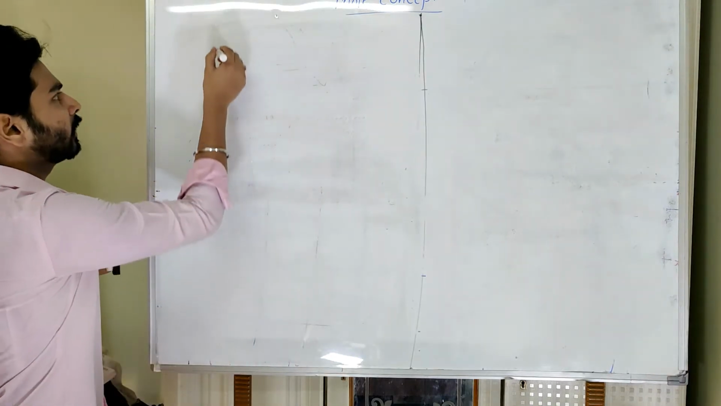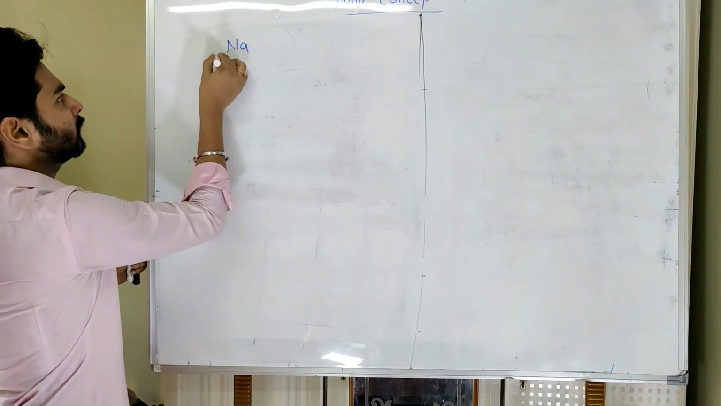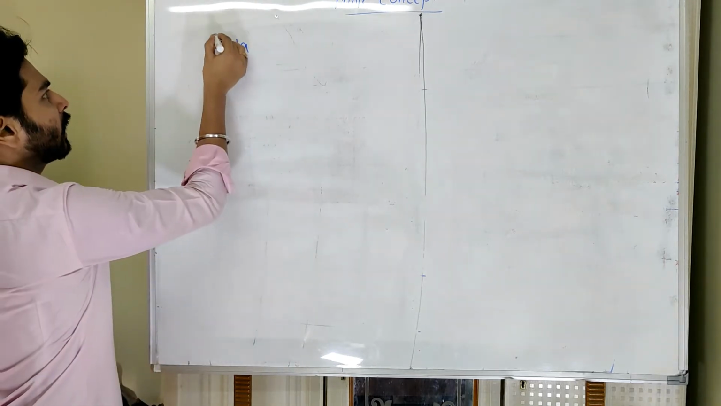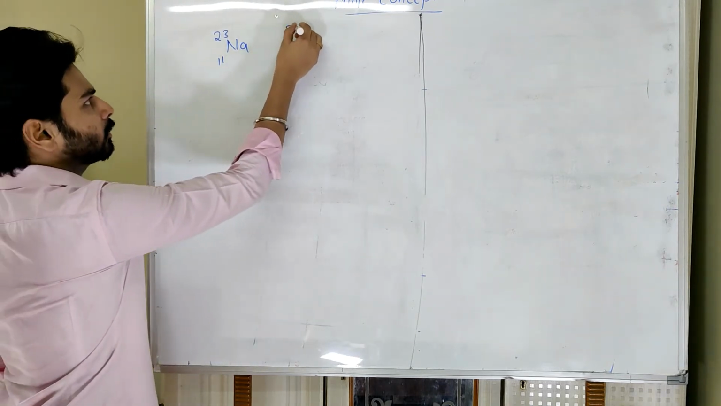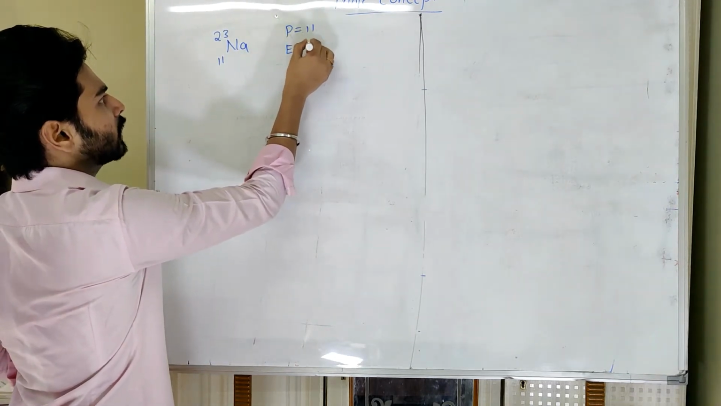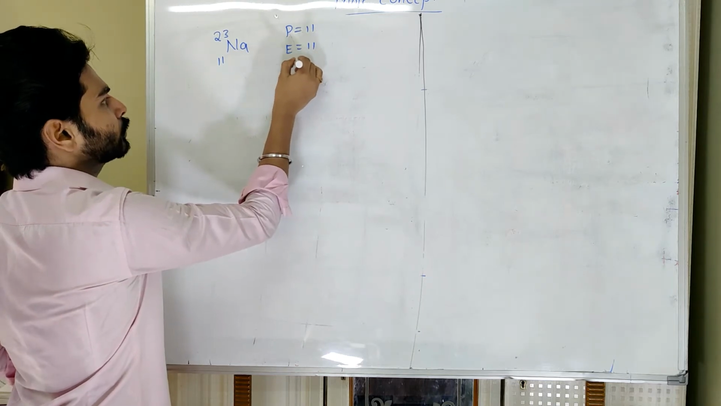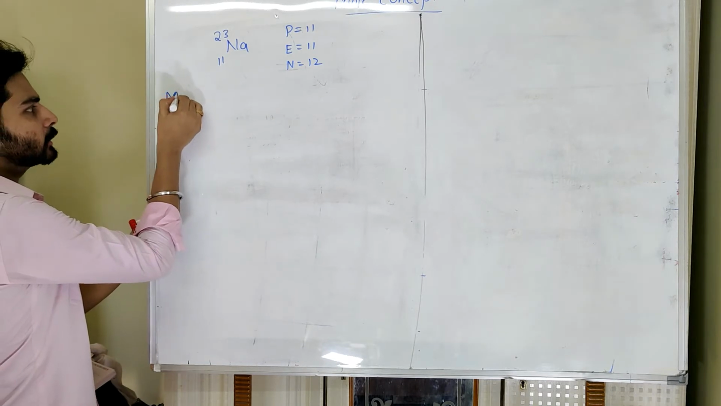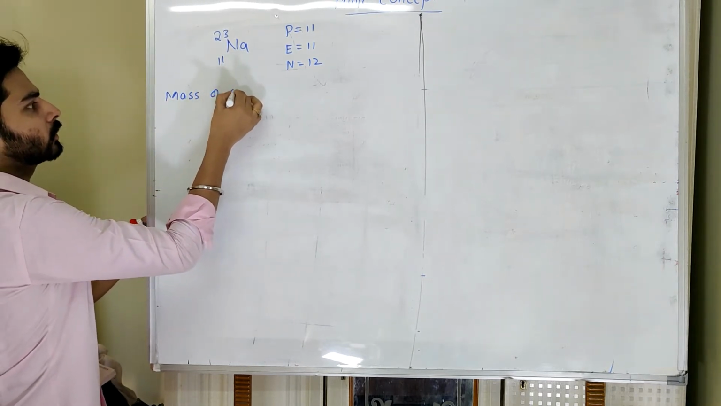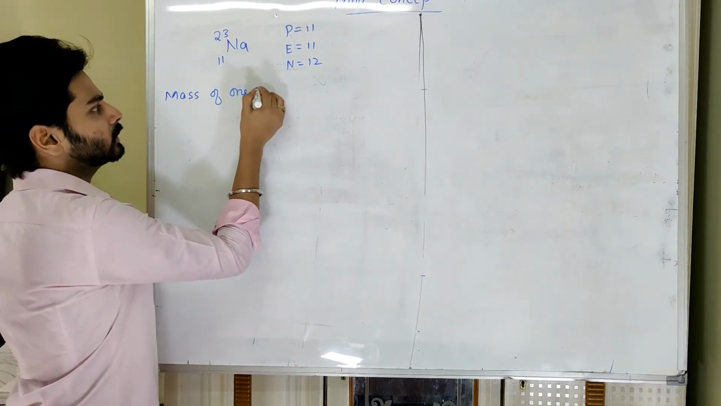Of an element, I am taking sodium as an example. Atomic number is 11 and mass number is 23. So here we know the number of protons is 11, number of electrons is 11, and the number of neutrons is 12. So if I want to measure the mass of one sodium atom,